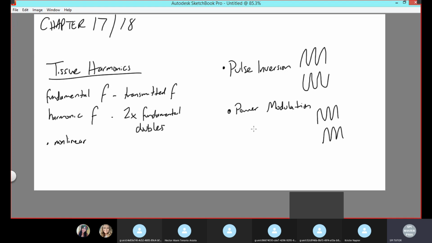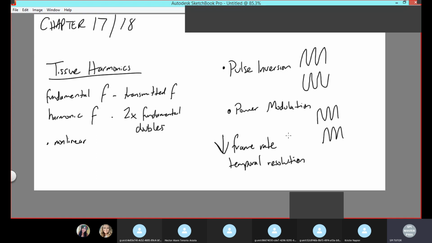So for tissue harmonics, because you're sending out these double pulses, this is going to degrade or worsen your frame rate or your temporal resolution. Because remember, I tell you to think of them as being the same. So it's going to worsen them, okay? Use this as a way to connect what happens to your frequency and how it's being done. So the double amount of pulses are being sent out and your frequency is also doubled. Try to use that as your way to remember that both things decrease the